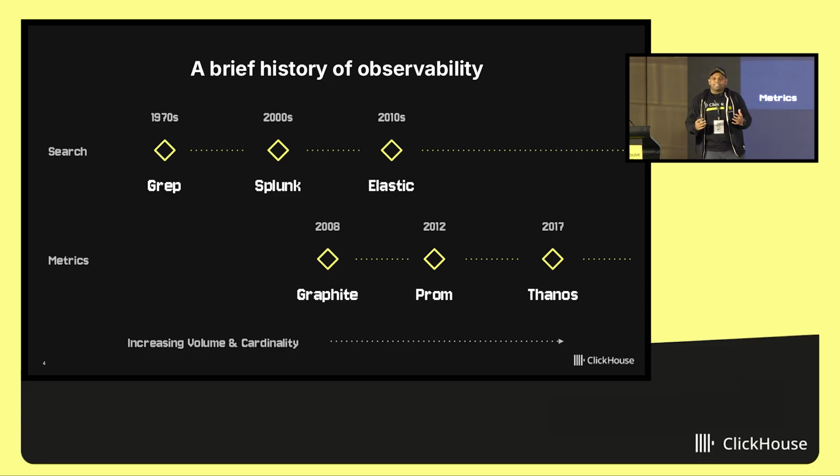But when you have a massive ecosystem, you need to really step out and start looking at what's happening overall in your system. So that's where, moving away from logs, we need to start looking at metrics, where you start aggregating information from your hardware or your application heartbeats. We started with something as simple as Graphite, and over a period of time, as complexity evolved in parallel with what we saw in the logging systems, we moved into something like Prometheus and, more recently, Thanos.